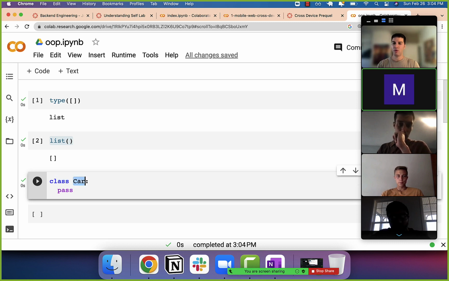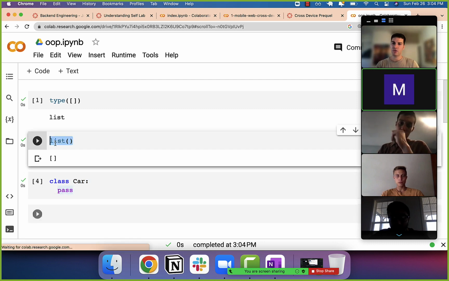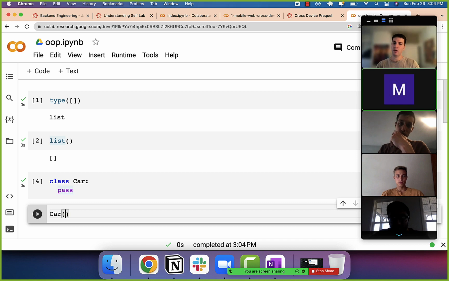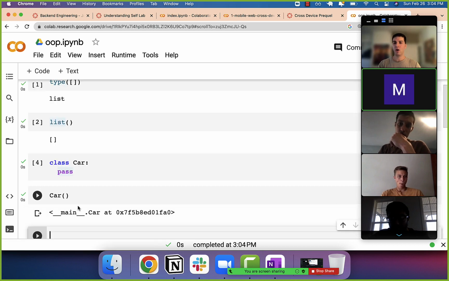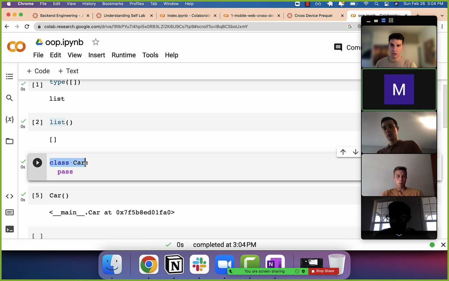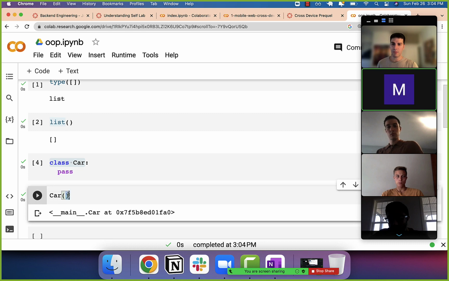And then capital Car, and then a colon. And then here I'm just putting in pass, as a placeholder, the same way that we saw in functions. And instead of constructing a new list, I can construct a new example of a car. So you can think of the class as a factory because it produces examples,